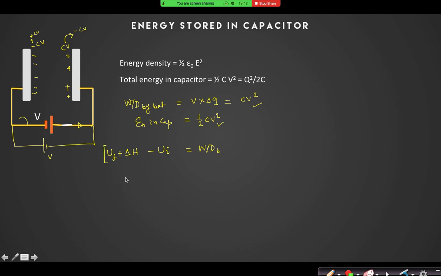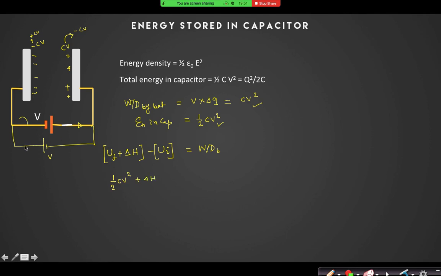Because initially I am having some energy in the capacitor. In the case I took earlier, the initial charge on the capacitor was 0, so the initial energy was 0. So the work done by the battery is equal to the heat loss plus the energy stored in the capacitor. But it may happen, as in the case you have just suggested, that the initial charge on the capacitor plate was not 0, it was CV. So in this case, if I write the same expression, what is the final energy in the capacitor? You will find the same energy, final half CV square, right?